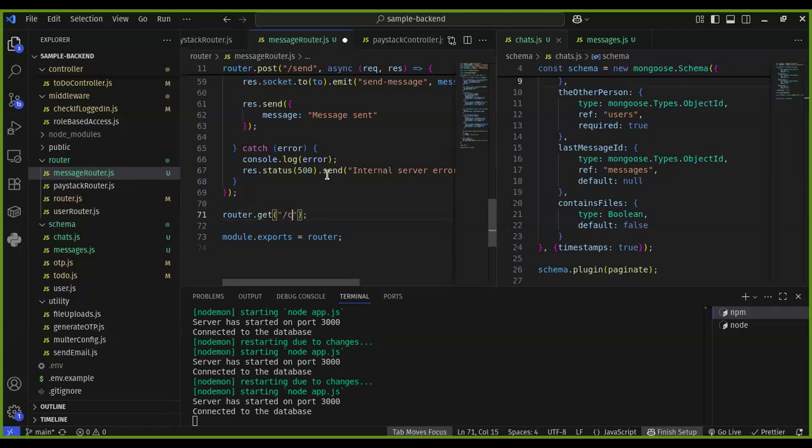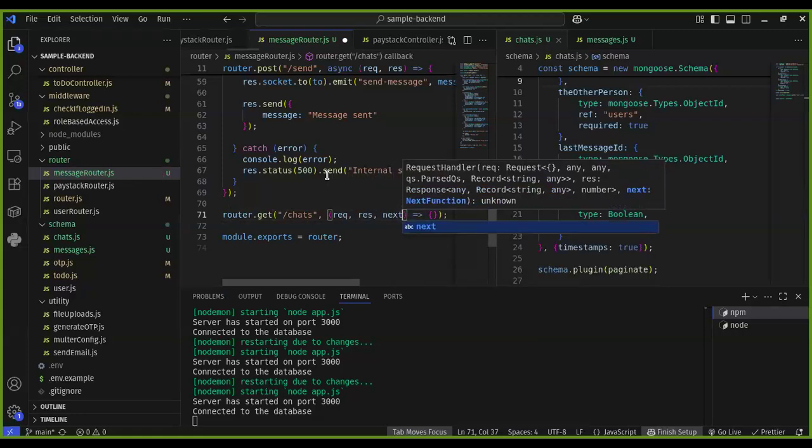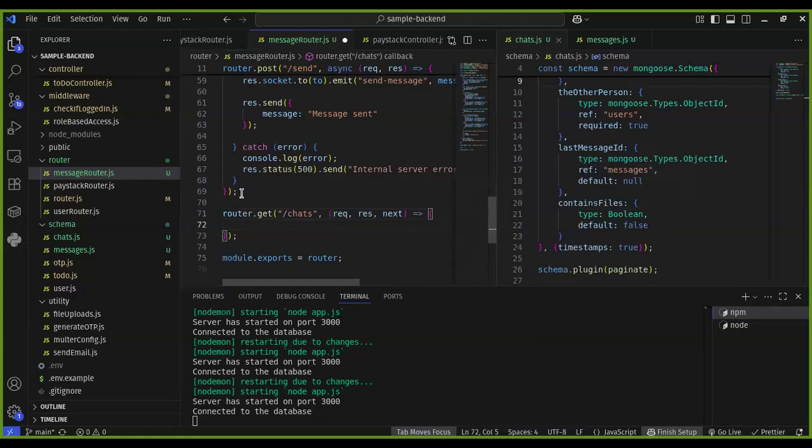So you can say chats, req, res, next, and then you would say let me just say chats equals to